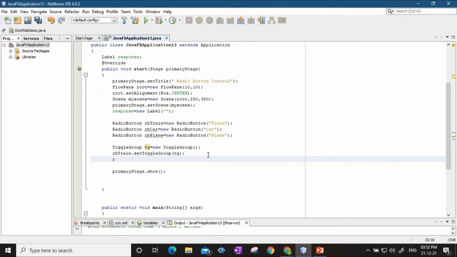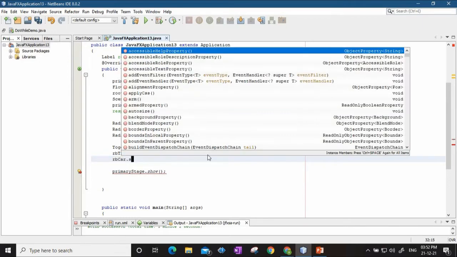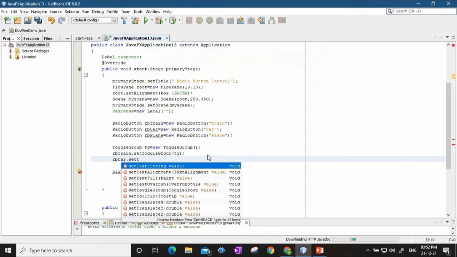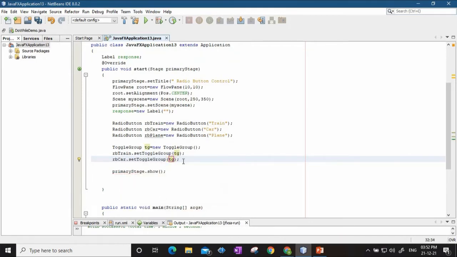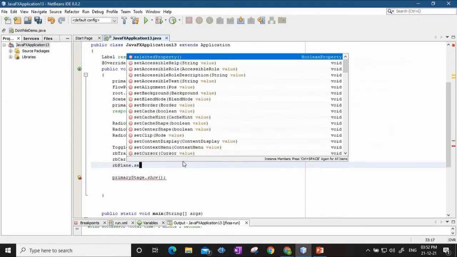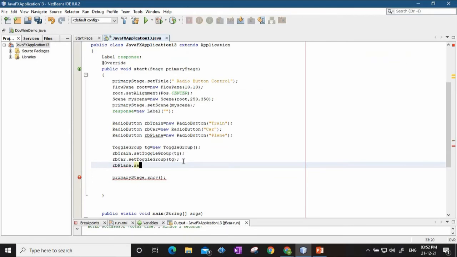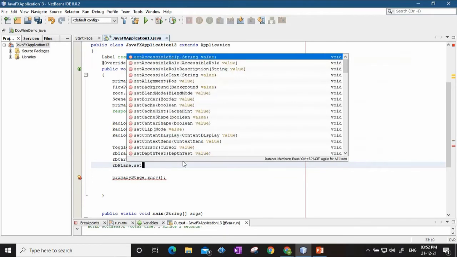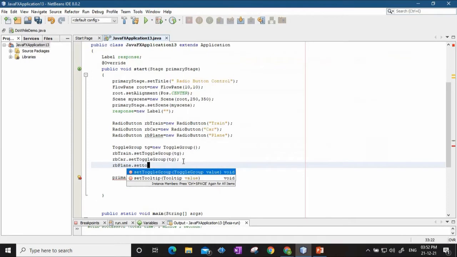Similarly, rbCar.setToggleGroup(tg), and third I'll say rbPlane.setToggleGroup, tg will be the object.